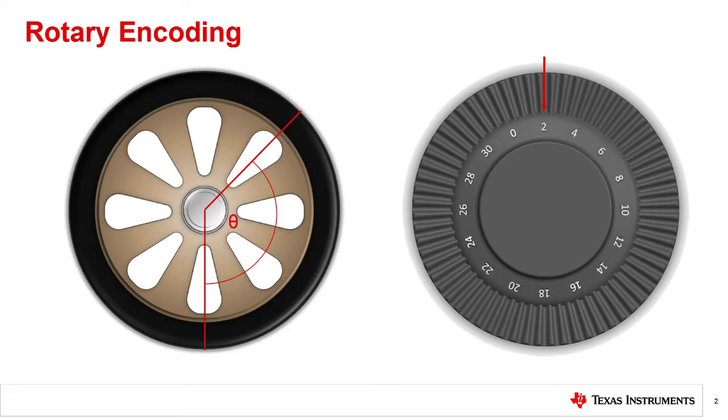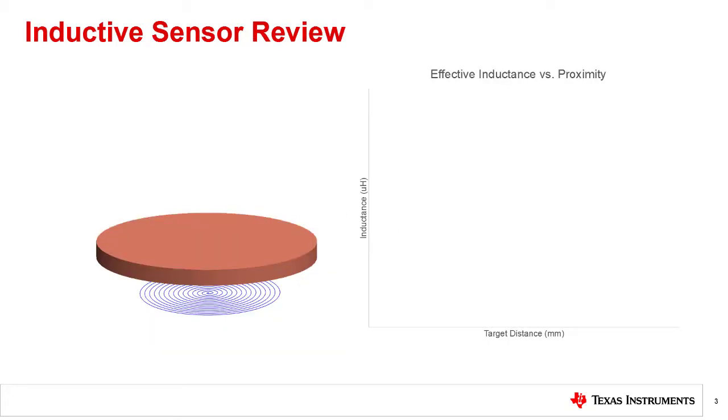These functions are typically performed using a mechanical system, which is prone to wear out over time, or with a Hall effect sensor, which might be defeated by a nearby external permanent magnet. In this video, we will discuss how this function can be achieved using inductive sensors to provide a solution that is durable, robust, and immune to interference from a fixed permanent magnet.